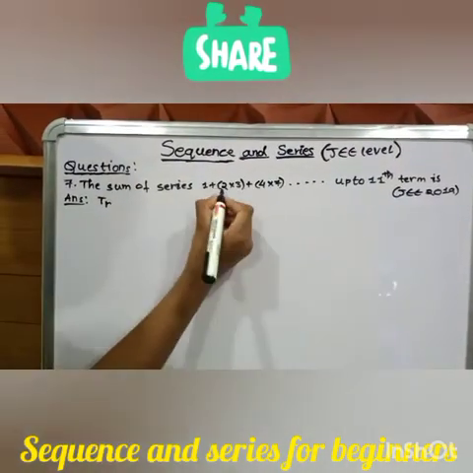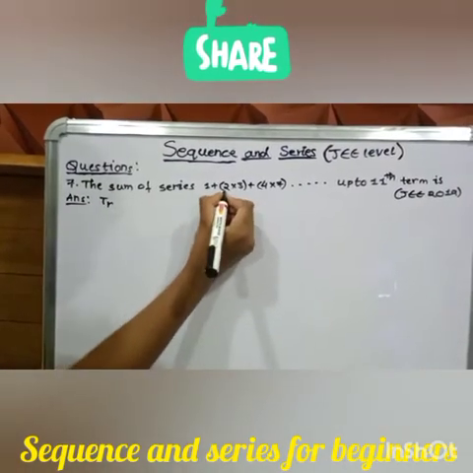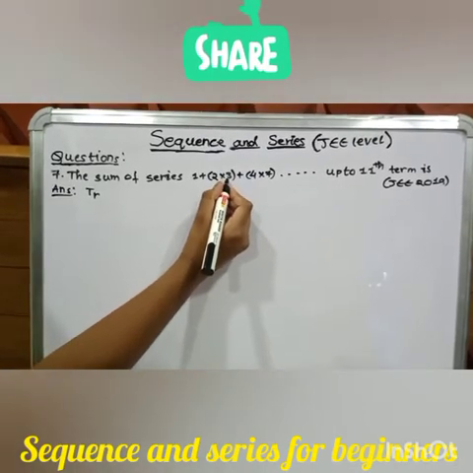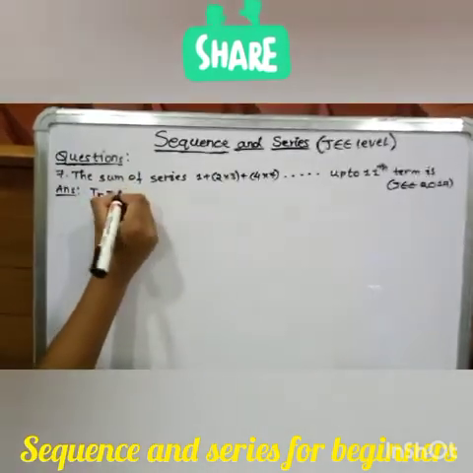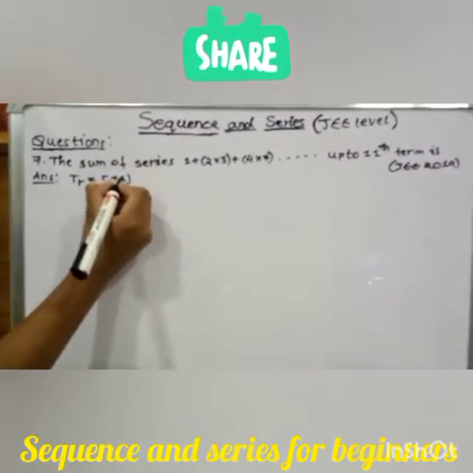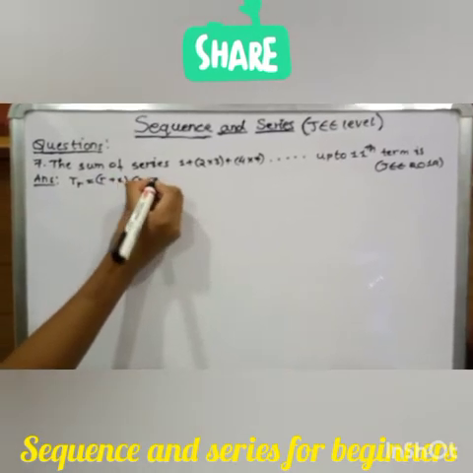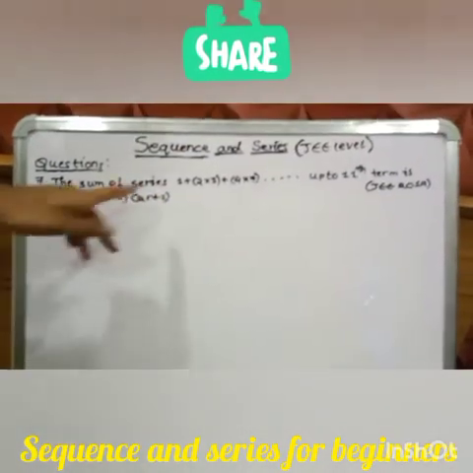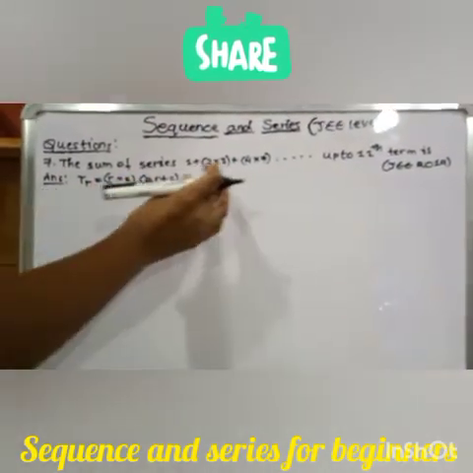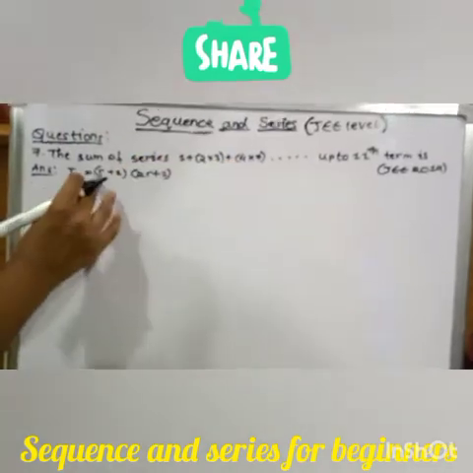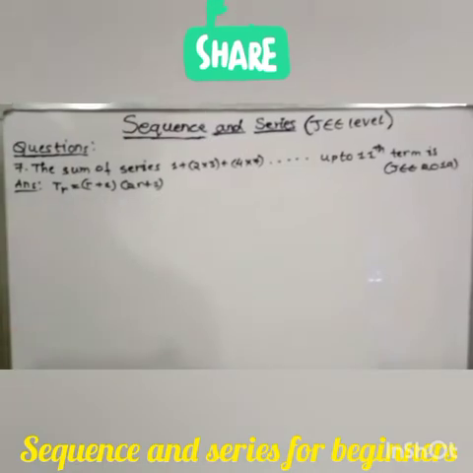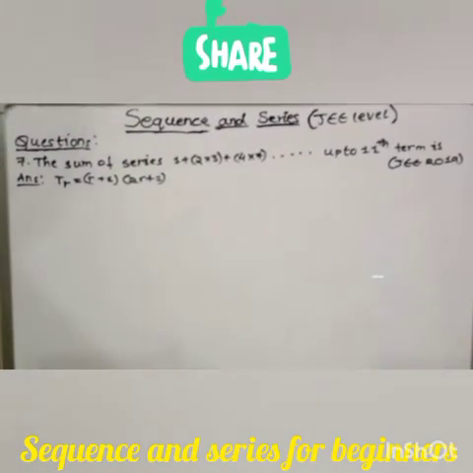So what is that? If you look closely, this is r plus 1. So you can get that this is r plus 1 into 2r plus 1. How do I say that? Let's remove the 1 for instance. For this, if you keep r as 1, see 1 plus 1 is 2, 2 times 1 is 2, plus 1 is 3. So this is the rth term formula, we got it.